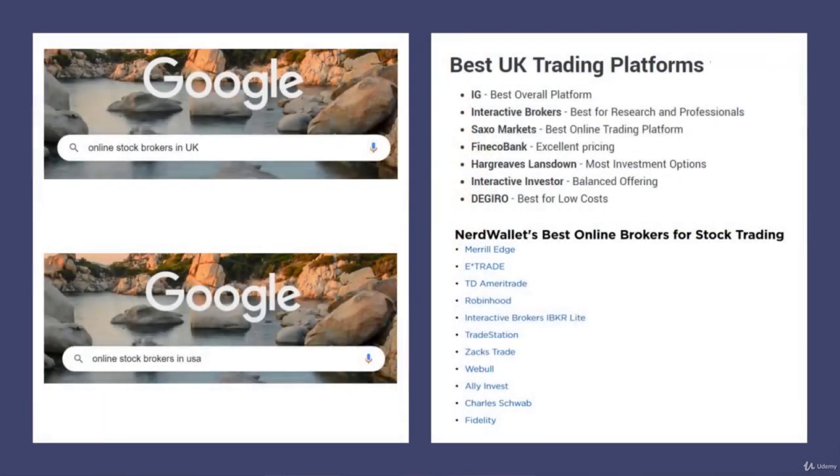So the same thing, you could put in online stockbrokers, for example, to find an actual broker wherever you live, UK, USA, wherever, and it'll usually come up with different articles like best UK trading platforms, or NerdWallet's best online brokers for stock trading in the United States. This happens to be USA. I'm not recommending any of them. It's up to you to go dig a little deeper after you start learning stuff in the course and see what might be interesting to you.